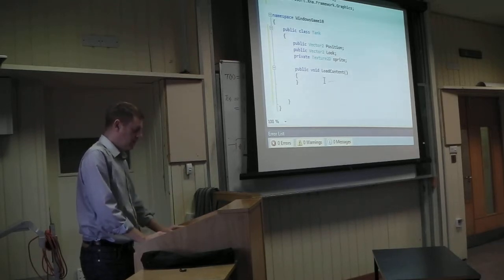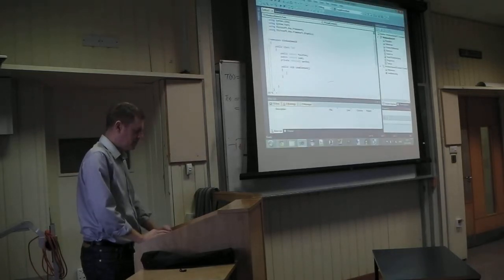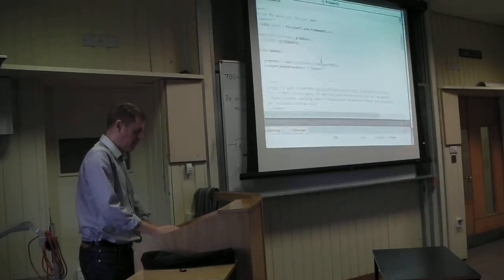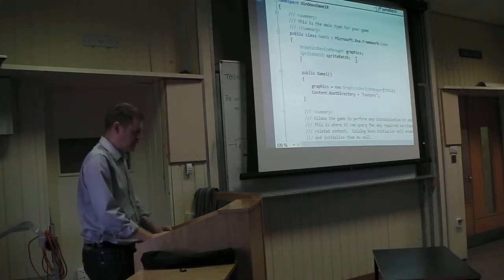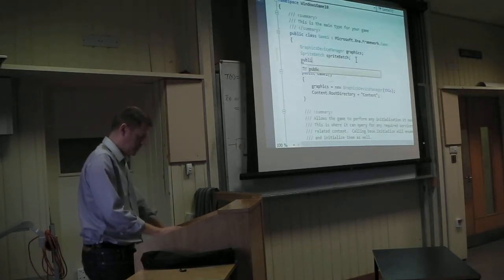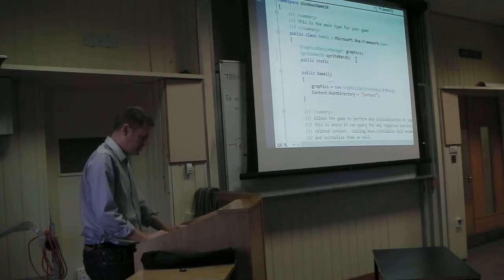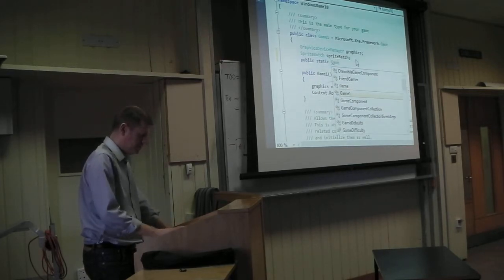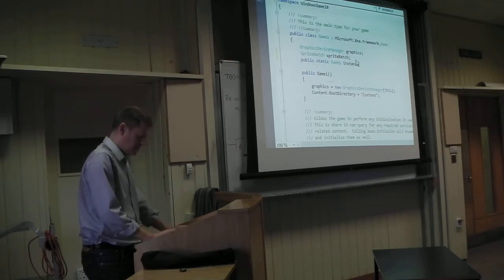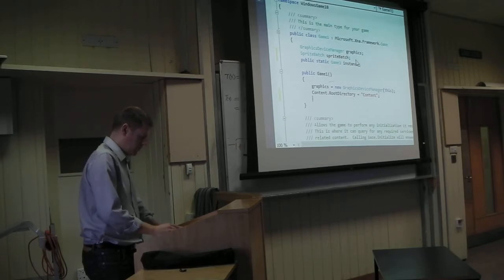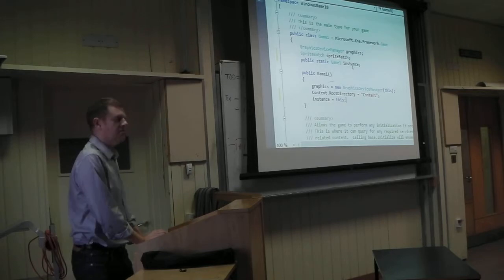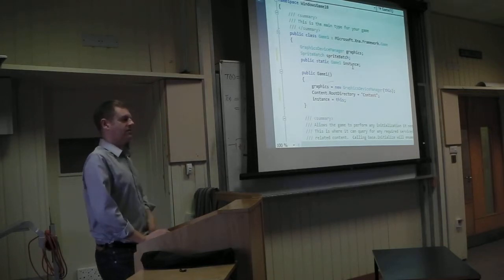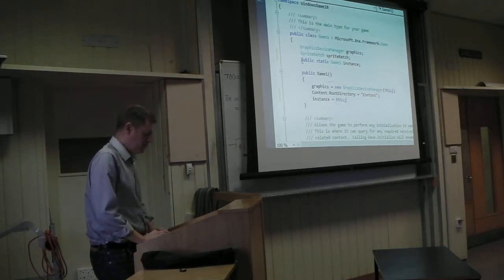So I've got a load content, and in the load content, I need to get access to the content which is part of game 1. Now, this was a little trick that I showed you yesterday that I really like. Public static game 1 instance, and then in the constructor you go instance equals this. The static here means there's only ever one of these created, regardless of how many objects are created. In fact, you can make this private,